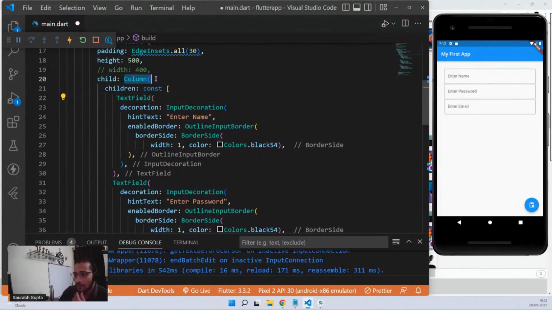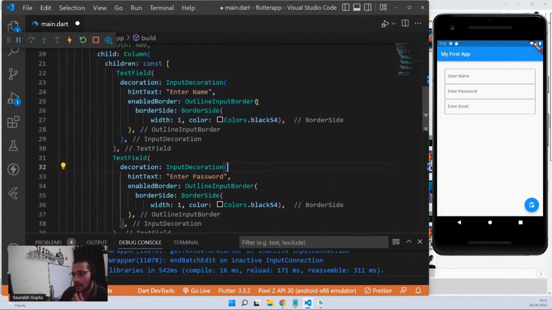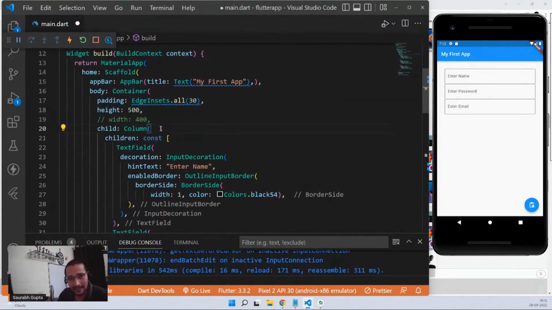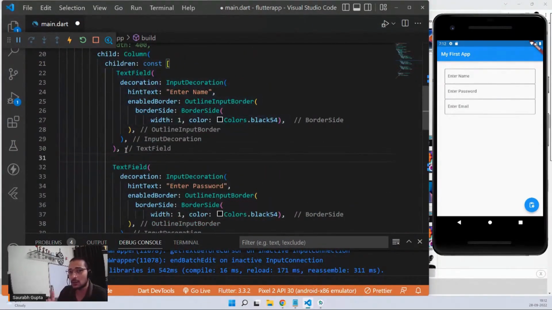Now, I have a column, and inside that, I have text field 1, text field 2, text field 3. Now, remember, guys, if I go in this column and give main axis alignment or cross axis alignment, it will do space evenly, right, or center or something like that. What if I want to give my custom space, like only 2 pixel space or 3 pixel space? What can I do in that case? So what I can do is I can go between 2 text fields, and I can also use something which